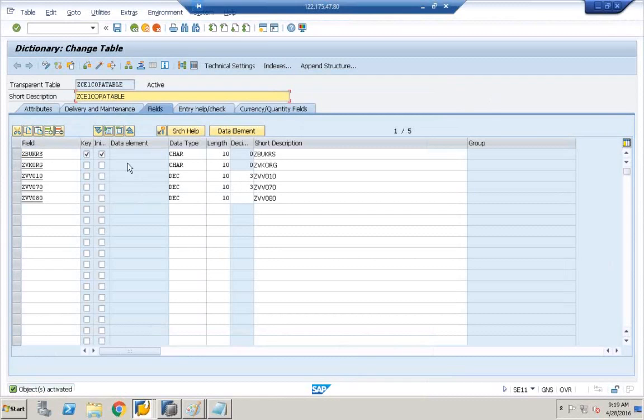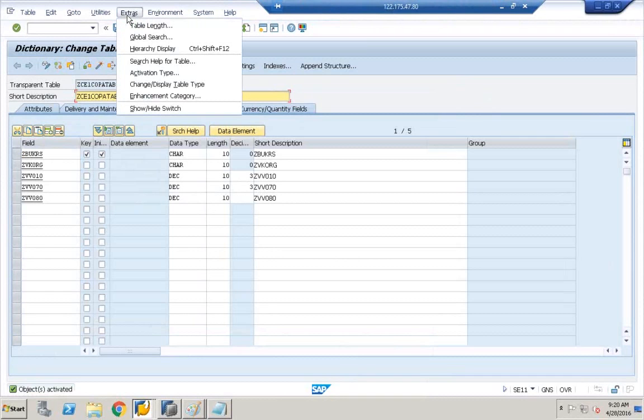So whatever the changes that you make, the configuration, everything is assigned to a transport request. So what changes you're making over here, all these changes, now you see